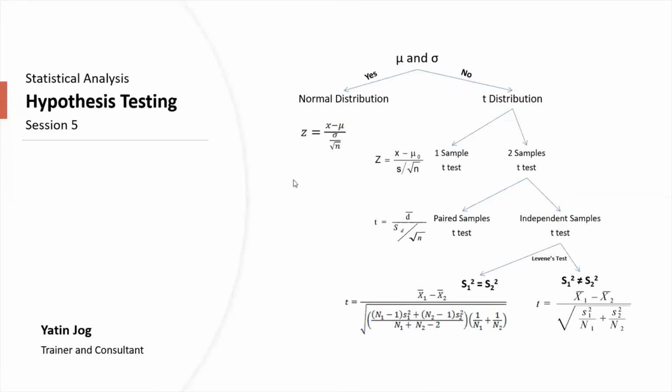Now we are going to club these two things. The first thing which we have discussed is the hypothesis statement formation, how to form H0 and H1 or HA, and then how to test that hypothesis using one of these methods. So first we have to state the hypothesis, and then we have to select the appropriate method to test this hypothesis. And that is the complete concept of hypothesis testing. Fine, so we'll start with the presentation now.